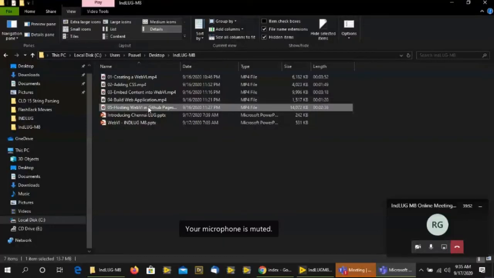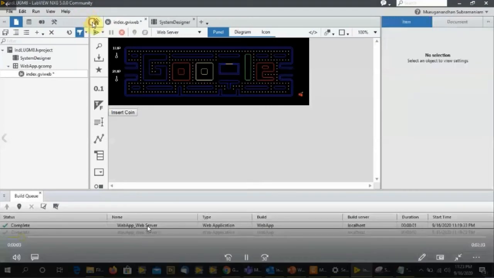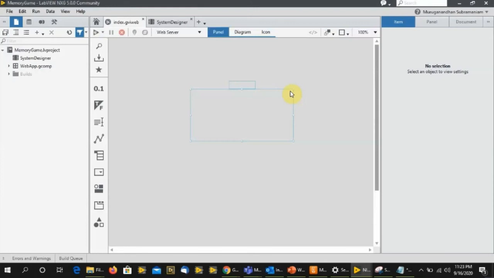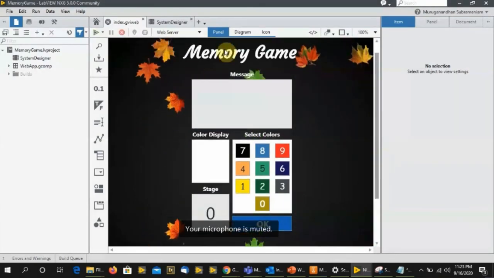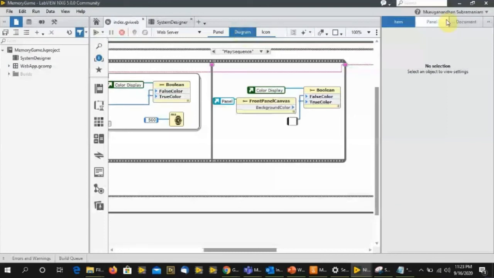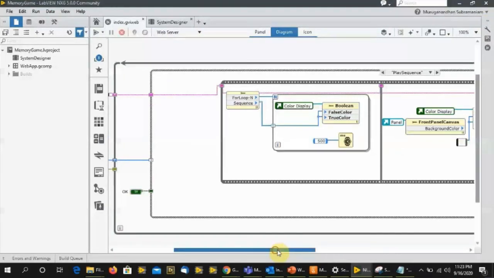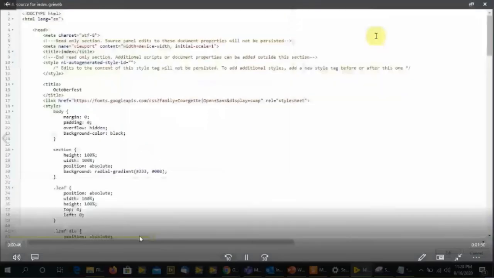I am opening the final one for this. I'm just going to open another code that I have already hosted, just showing it as an example here. This code is from when I was learning LabVIEW WebVI; I built it for my knowledge. This is one of the games I have built. It is already built and hosted, and it's available in GitHub. I'm just showing how to enable the GitHub pages here. This is my block diagram code, and this is my HTML code for the same.